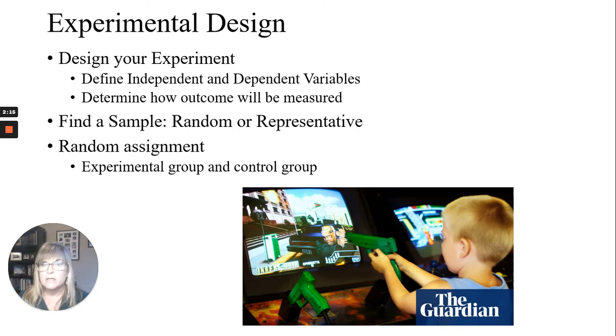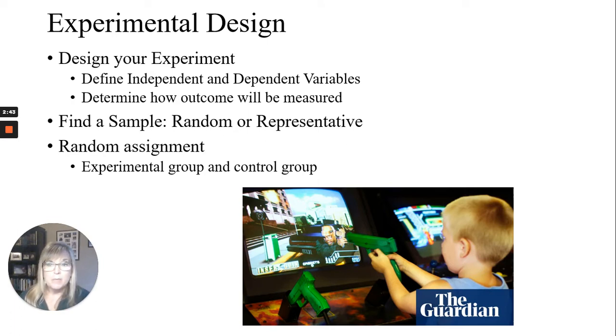So first of all, with an experimental design, we have to design an experiment. We've got to define our independent variable, what we're studying, and how we're going to decide whether or not what we're studying worked. That's our dependent variable. And how are we going to measure that outcome? So for little kids, let's say we want to decide whether or not violent video games make a child more violent. Well, what we might want to do is get a